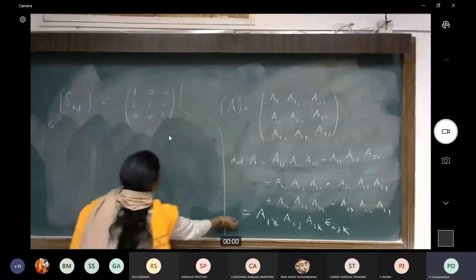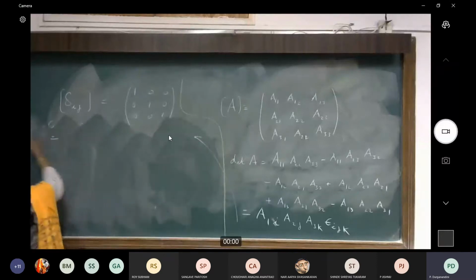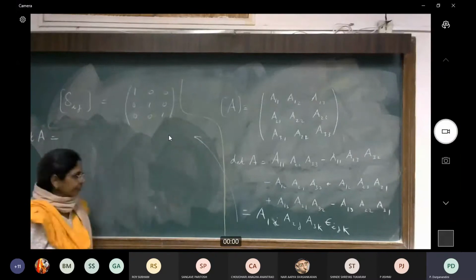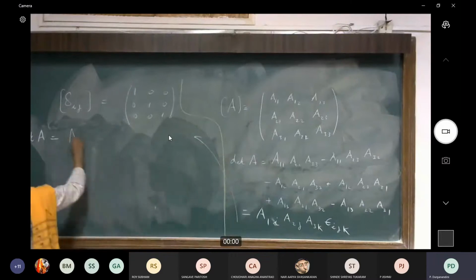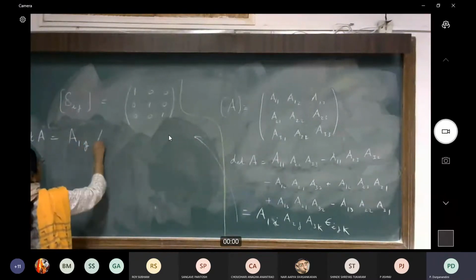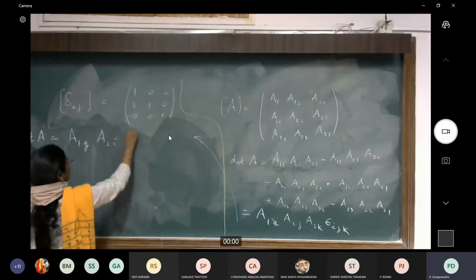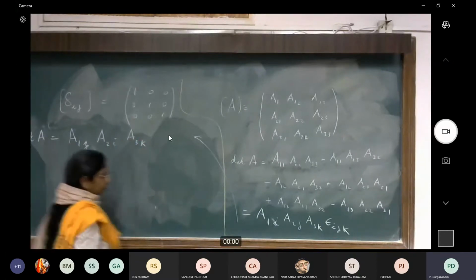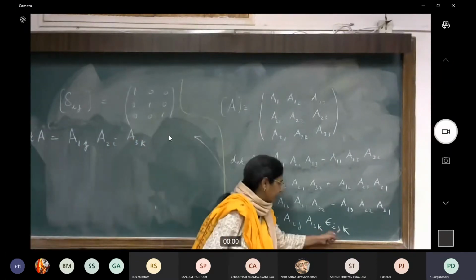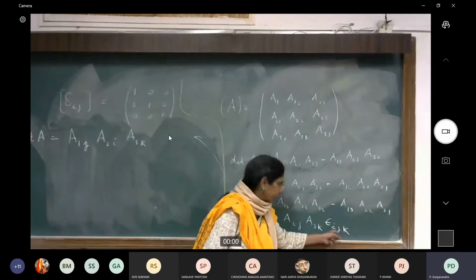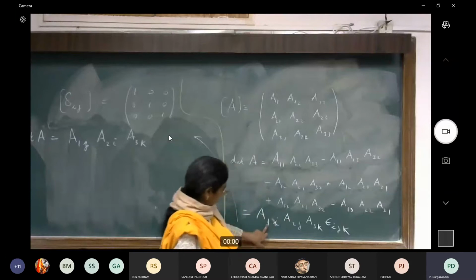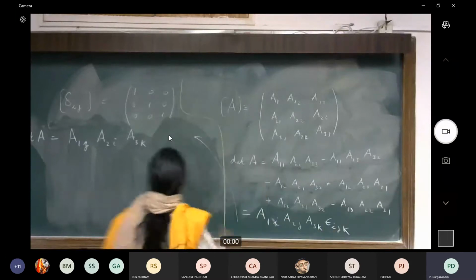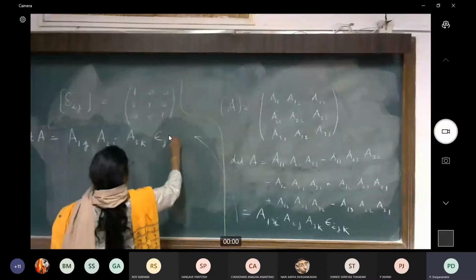So I could also write this in the following way. This is where you will find that this kind of manipulation is very, very useful often. Once I have this, I can write this dummy index because whether I call that an i or a j, it doesn't matter. It's simply a summation index. So I write this as A2i A3k. But in that case, I must also change here because you know that epsilon ijk is antisymmetric. So I can't write this now as ij here. I have to write it as j because whatever appears first here with the one term is the one which should come first here. So I can write this as epsilon jik.